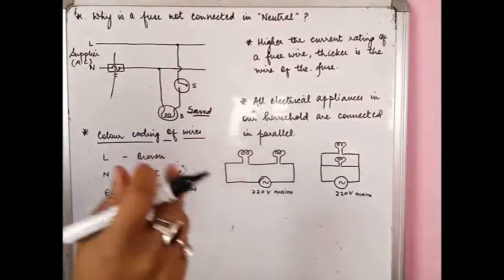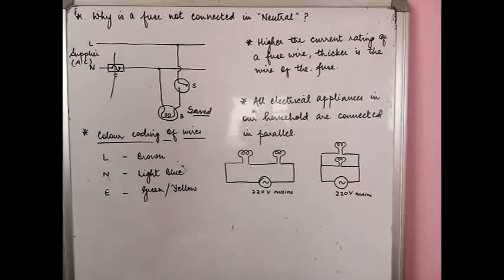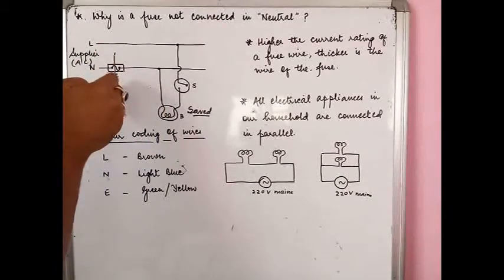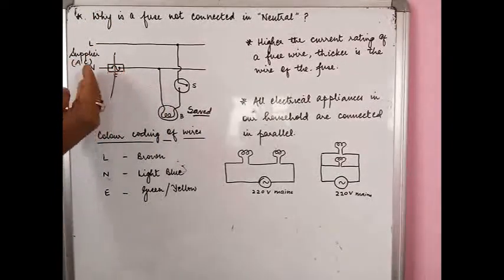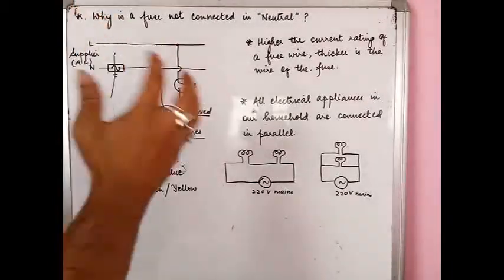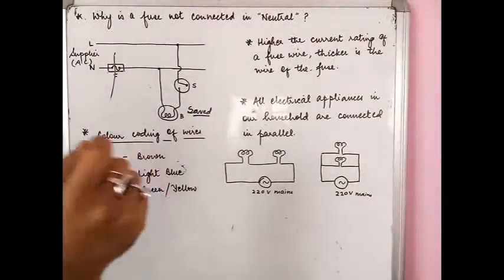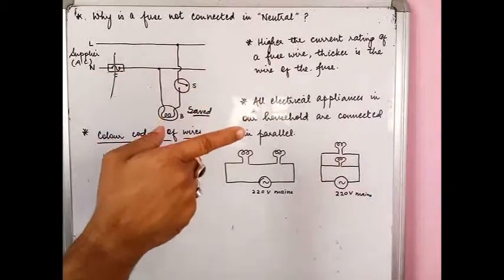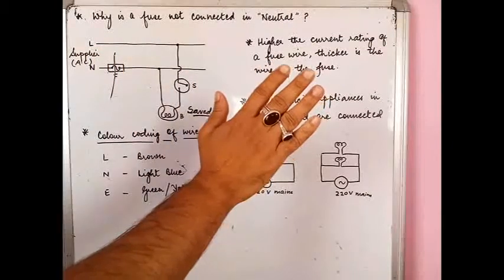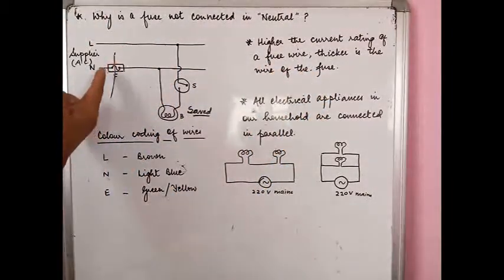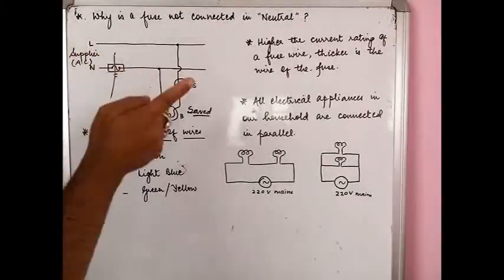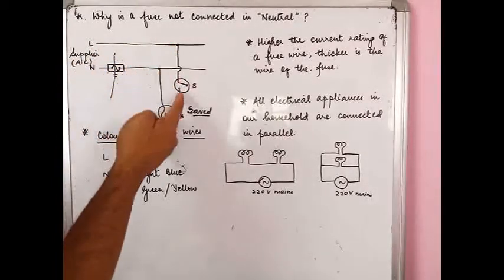But there is a hazard involved, a danger, in the sense that although the overall circuit has been disconnected, the disconnection has happened right at the neutral end of the wire, whereas the live wire is actually still carrying the current. It only needs a path to move forward. This live wire is not disconnected anywhere because the fuse was not there in the live wire. The fuse we had connected with the neutral wire. So although the fuse disconnects the circuit, it disconnects it at this end, not throughout this path.